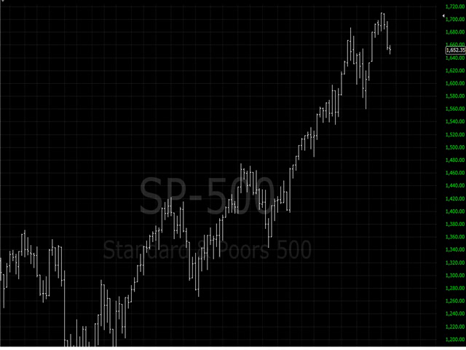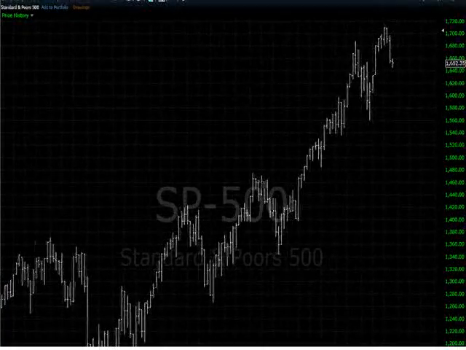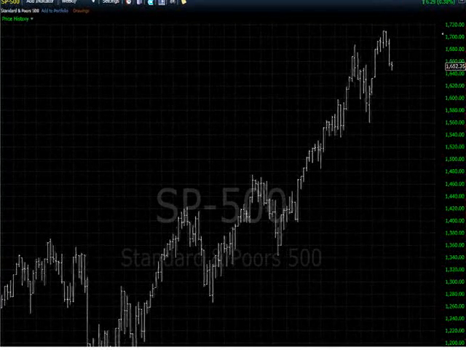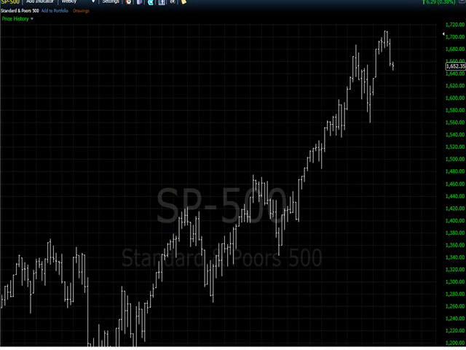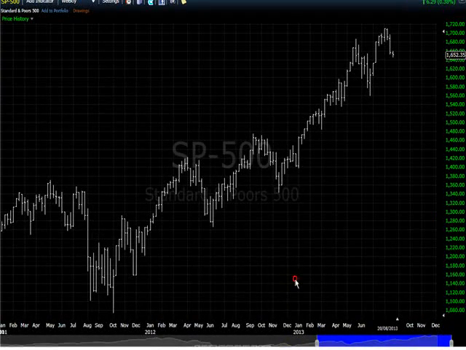Now, looking at the S&P 500, we're looking at the weekly chart. This weekly chart on the S&P 500, I'm telling you what, there's a lot of interesting things happening on here right now. One of the main things I'll just quickly go over for you so you understand what's going on now